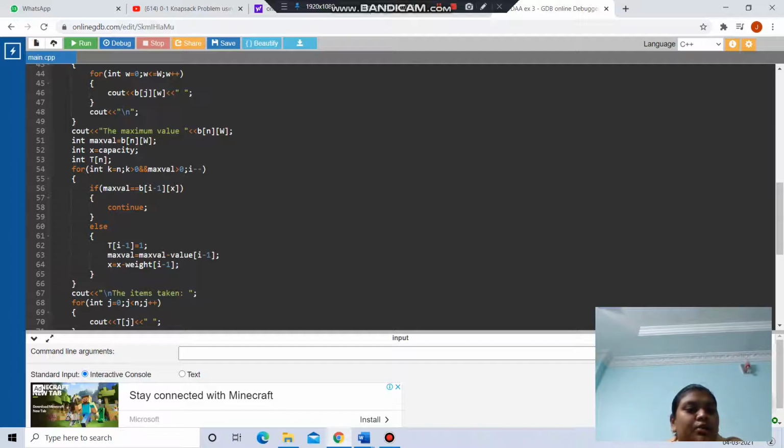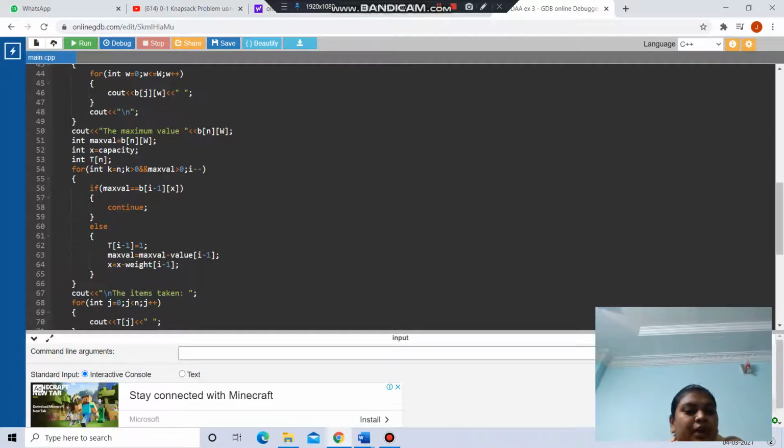And in this for loop we have given int k equals n, and k is greater than 0 and the maximum value is also greater than 0. Here if the maximum value is equal to b of i minus 1 of x, then it will continue, or else t of i minus 1 equals 1.